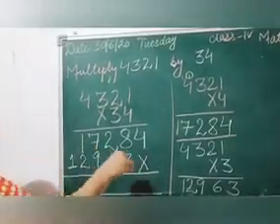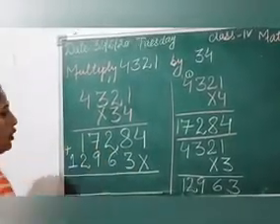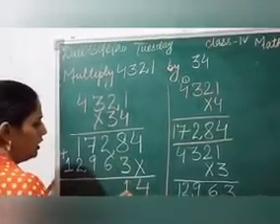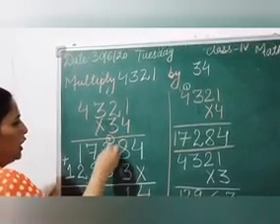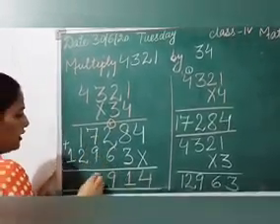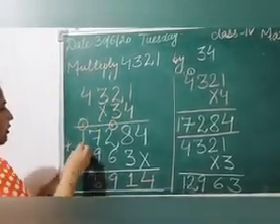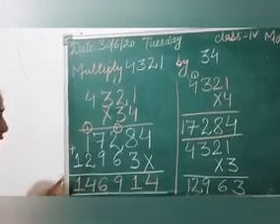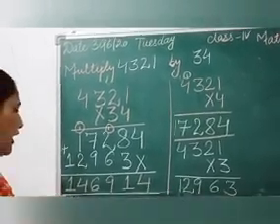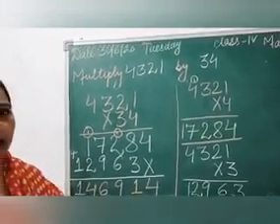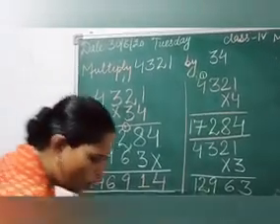Now these both will be added. Now 4 and cross, it will be 4, 8 and 3, 11, 1 carry, 2 and 1, 3 and 6, 9, 7 and 9, 16, 1 carry, 1 and 1, 2 and 2, 4. Here 1 left, only 0. So we got 1,46,914 as the product. Yes friends, hope you are getting all these.